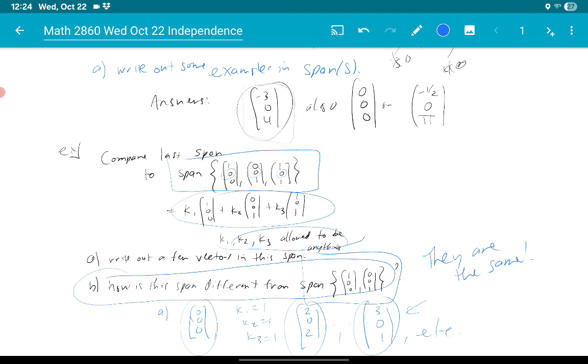In other words, that third vector, that third building block, remember, you think of the elements in the set that we're spanning as building blocks. That third object, that third vector in our set of building blocks, was unnecessary. Why was it unnecessary? We could create it from the first two building blocks.